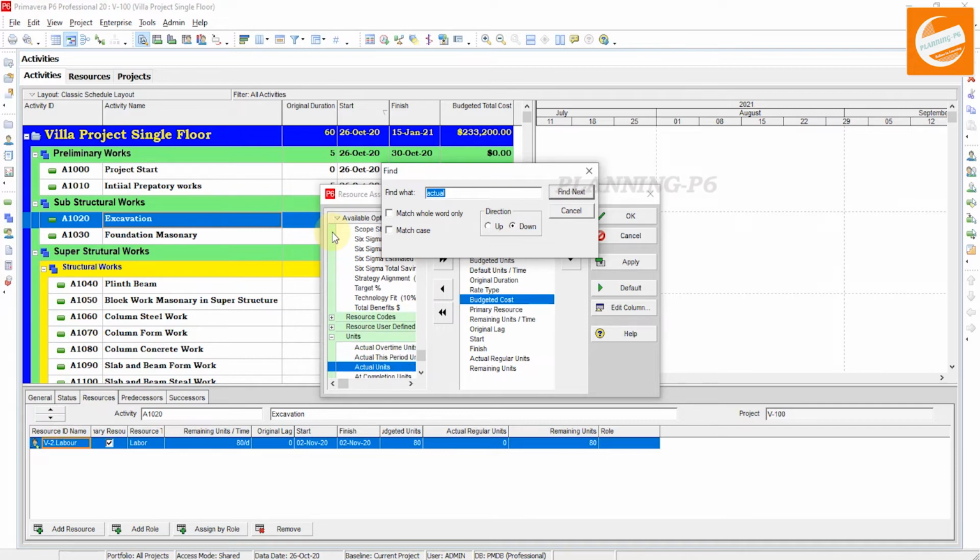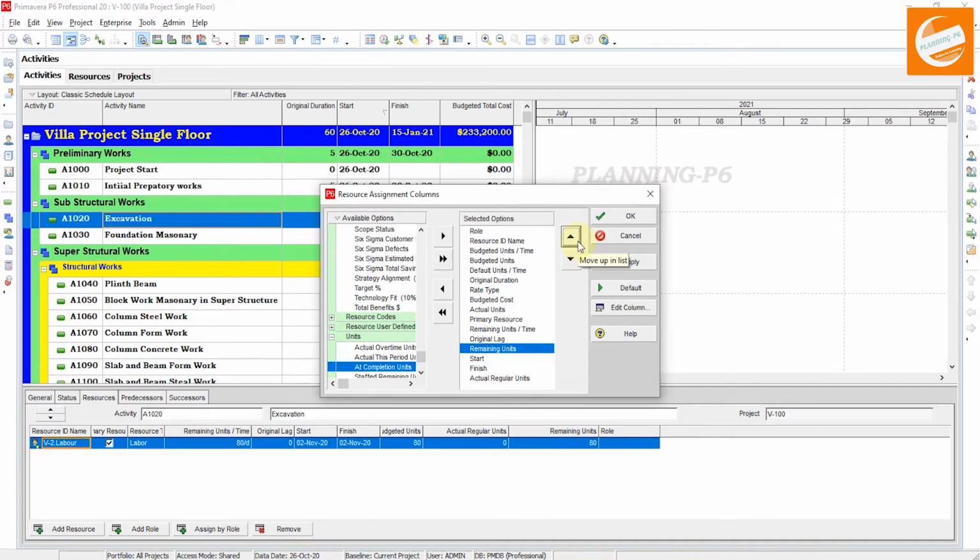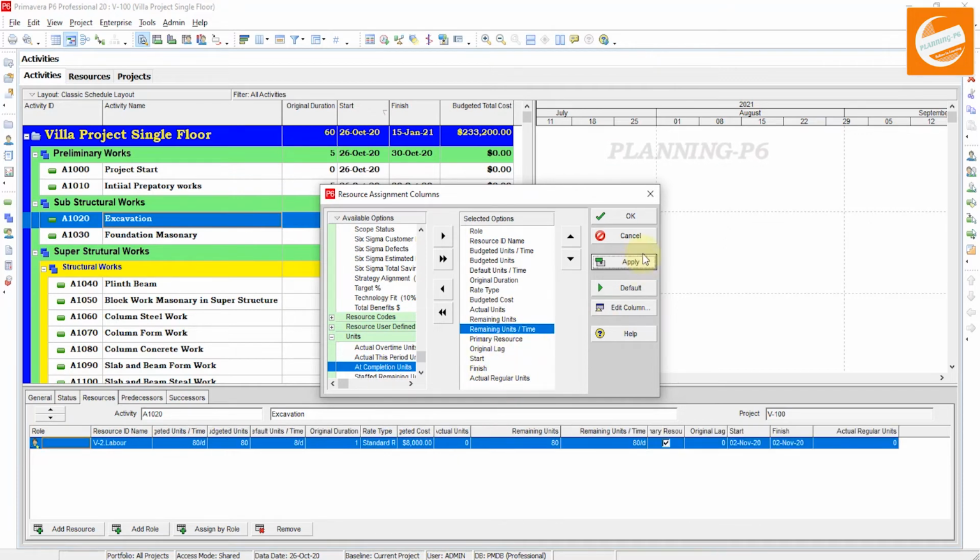Actual units are here, move by double clicking, and then remaining units. Yes, we have them here, just move after the actual units, and then remaining units per time, yes we have it. And then if you want, you can customize the cost account if you have assigned one, otherwise leave it, just apply and OK.